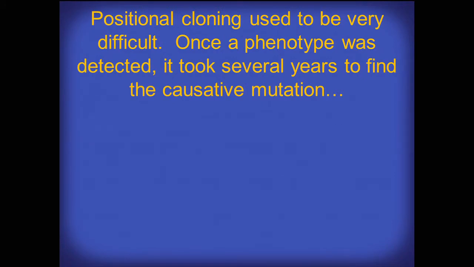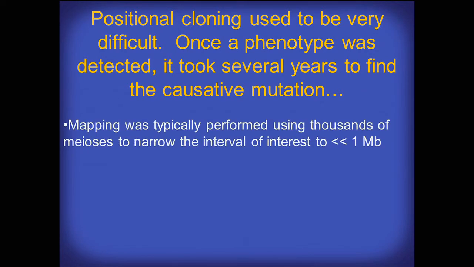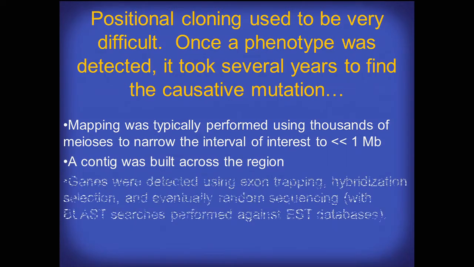How do you find the mutation once you've created a phenotype? This is done, of course, by positional cloning, and that used to be very difficult. It took several years to track down causative mutations. The first such mutation we cloned occupied the entire lab for a period of 5 years. Mapping was typically performed using thousands of meiosis to prove that the causative phenotype was between two closely spaced markers on a chromosome. Usually we would narrow the critical region to a size less than 1 megabase before going to search for genes. All of the chromosome was terra incognita, and so a contig had to be built across the